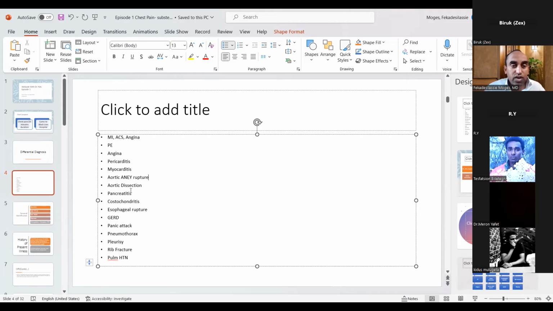Aortic aneurysmal rupture and aortic dissection. Oh, Zaka, go ahead, please, if you want to say something. To add on that, for myocarditis, if we have another complaint, for example a viral infection or history of upper respiratory tract infection, we think myocarditis. But for pericarditis, given the epidemiology in our country, TB is the most common cause. So if we have an association with that in the HPI, it could help us in this diagnosis. Excellent. So both of you are correct. You are in the right direction. Your differential diagnosis survives, staying in the list for now. But we are not sure whether it is going to stay in the differential diagnosis or not. That we will see in the next slides, okay?